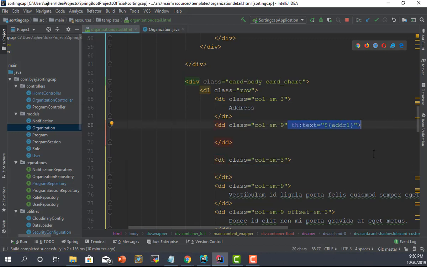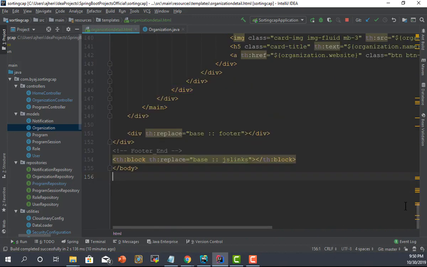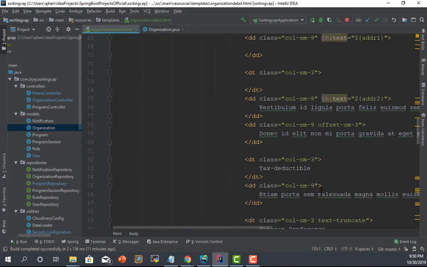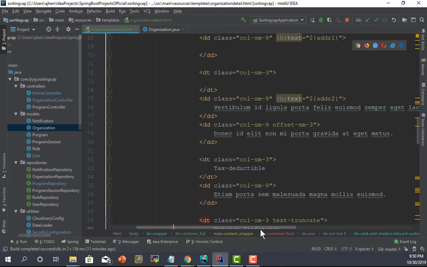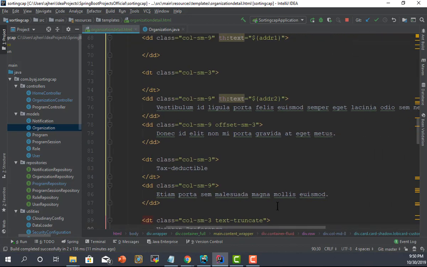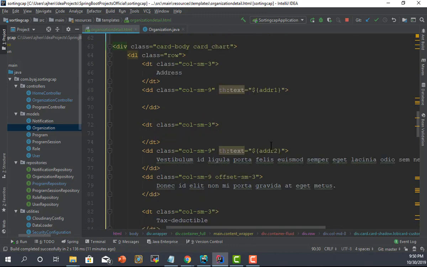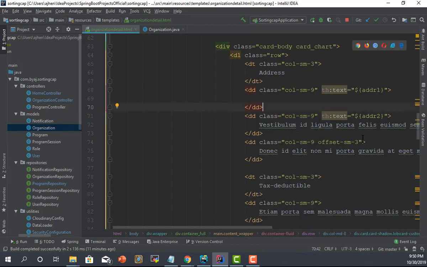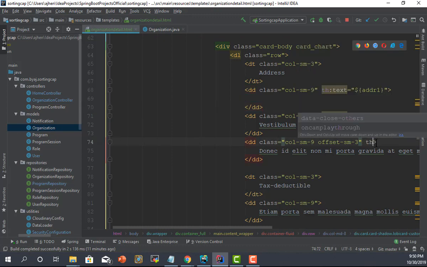And this will be address 2. Actually, we can knock that out too, and have 3 DDs after each other. Address 2, and this one would be th: